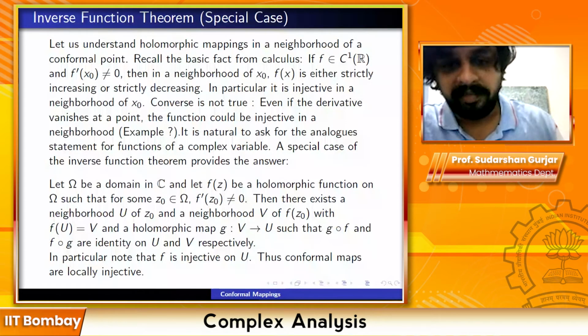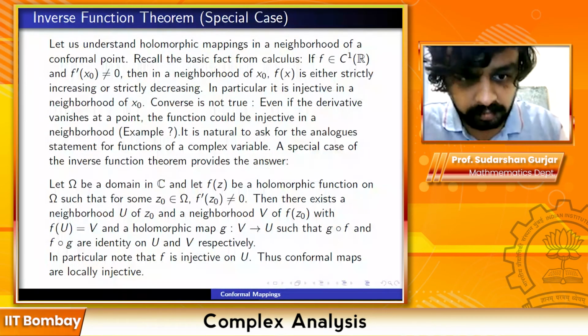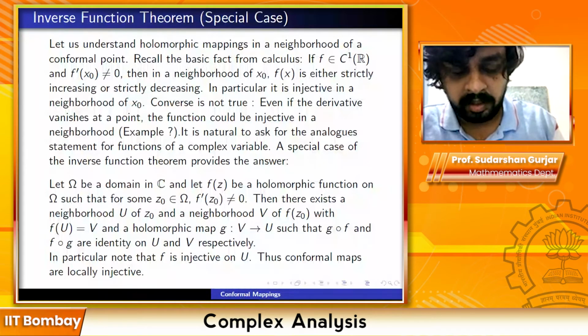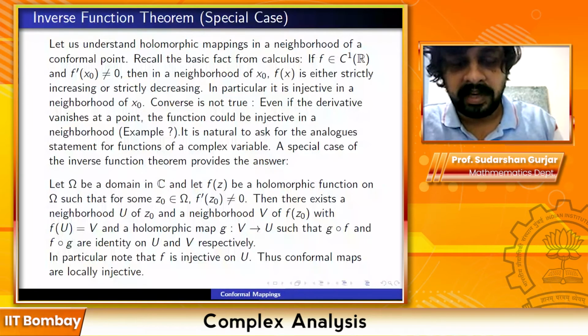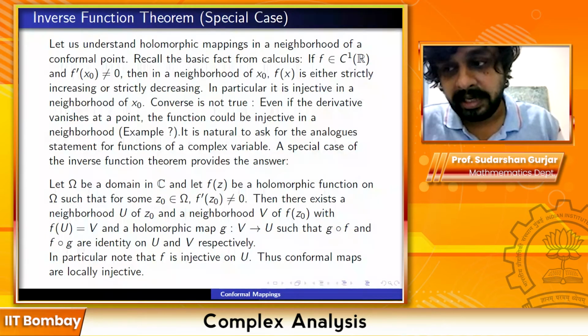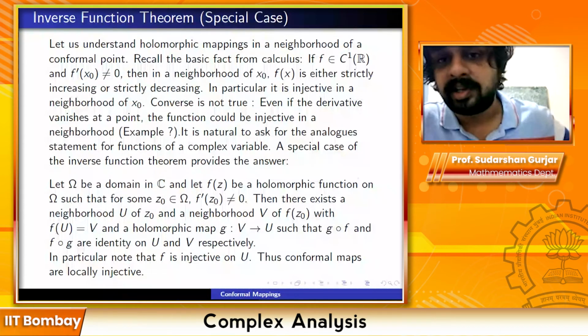Or to R2. Anyway, I suppose the statement is clear. They just replace the derivative by the Jacobian of the function. So in other words, take the n cross n matrix whose ijth entry is del fi by del xj. If I have the function x1, x2 to xn going to f1, f2 up to fn, then take the matrix whose ijth entry is del fi by del xj. Suppose this matrix is invertible at a certain point in Rn, then locally the function is invertible. This is the generalization of the inverse function theorem to higher dimensions.